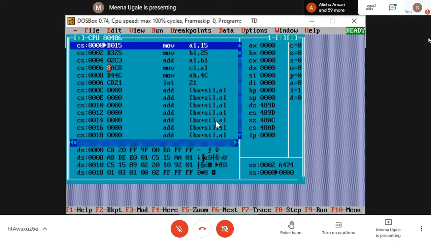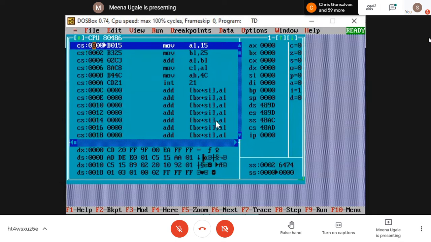Now I will explain how to interpret this screen. Don't press any key, just see here. This screen is divided into four major blocks. The first one, which is highlighted right now where I am moving my cursor, is your code segment, denoted by CS, because here you have written the code. That is the job of your assume assembler directive, to tell that this is the code you are considering in the program.